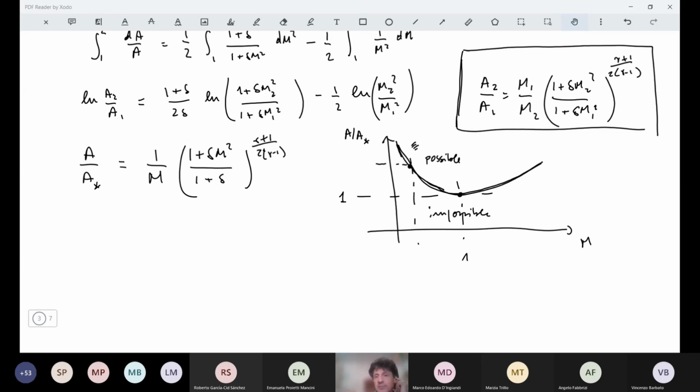Just a warning about this law: you are probably used to considering this equation for air, with gamma 1.4. For all the propulsion applications, or better rocket applications for sure, this gamma is never 1.4, especially if I'm considering chemical rockets. It will be 1.2, 1.15, 1.25. This will be the range, but can be different depending on